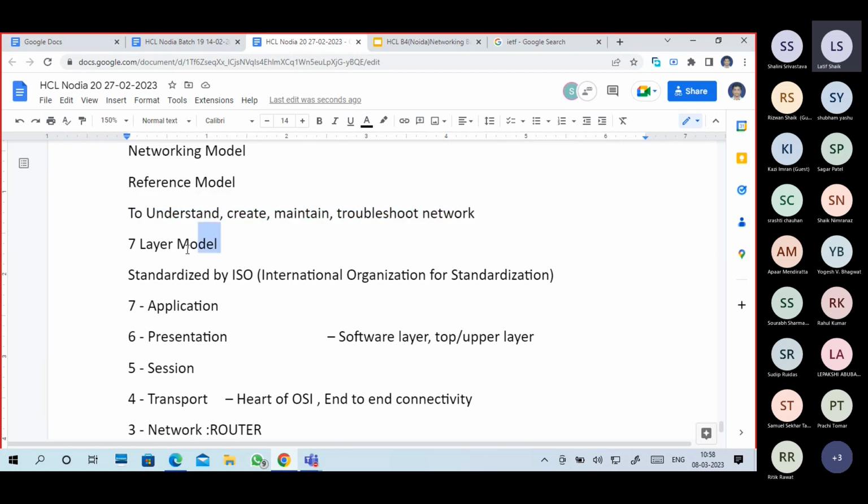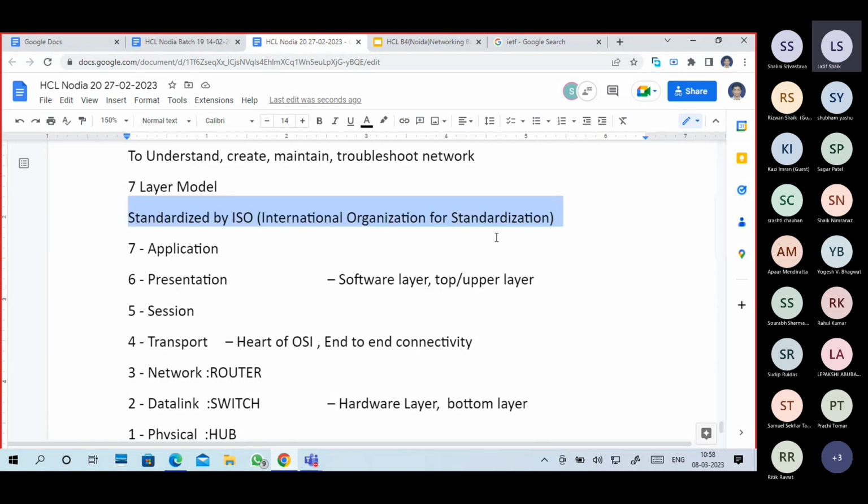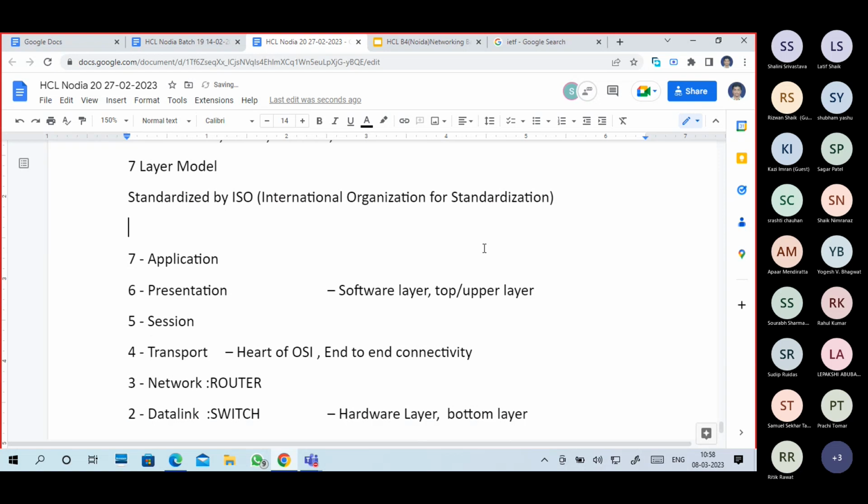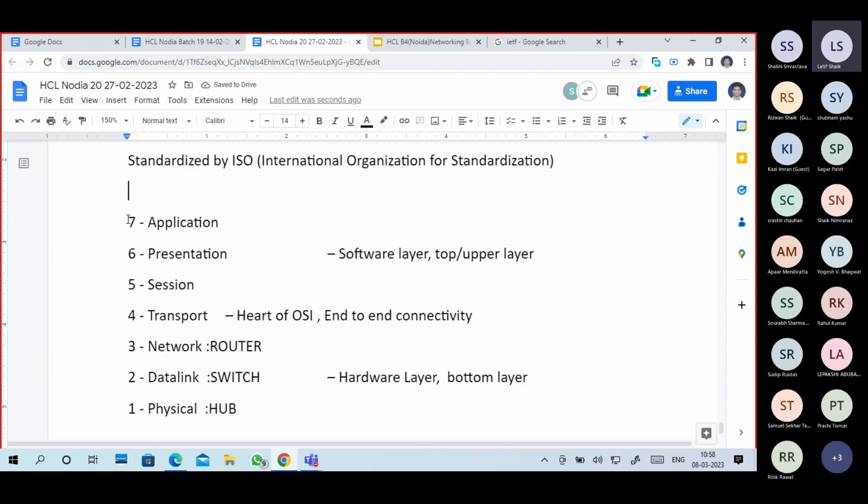It is also called a 7-layer model. It is standardized by ISO, International Organization for Standardization. So these are the 7 layers of the OSI model, like this.